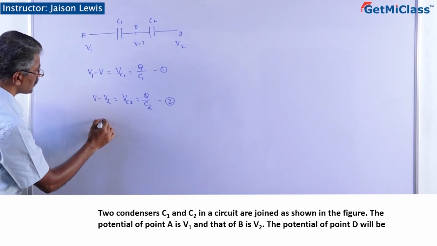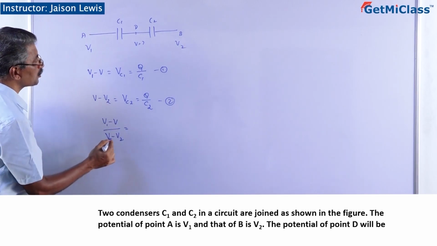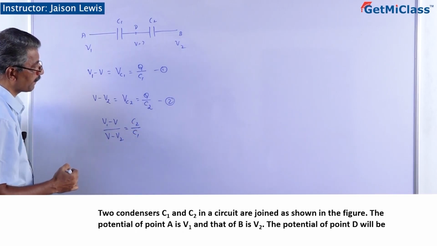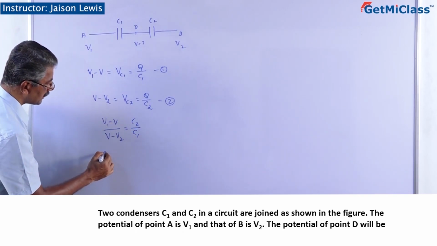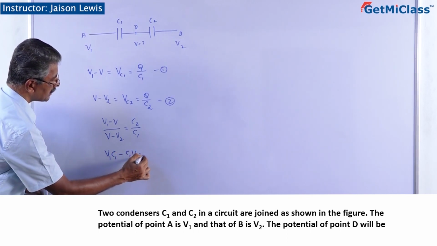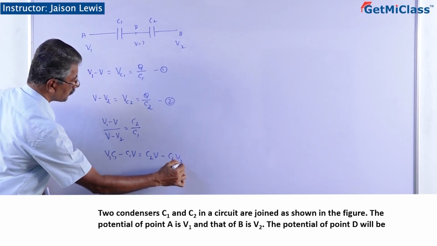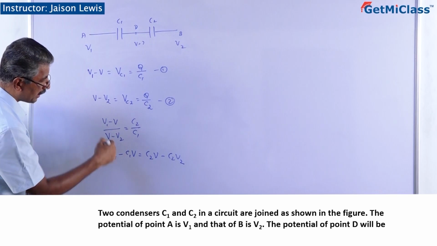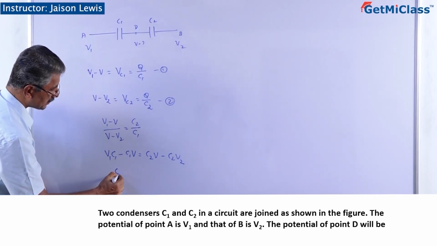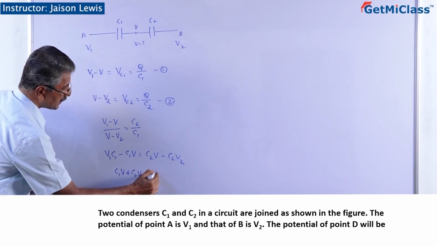We'll divide these equations. V1 minus V divided by V minus V2 is equal to, since the charge is the same, C2 divided by C1. Cross multiplication: C1 into V1 minus C1 into V is equal to C2 into V minus C2 into V2. So, rewriting, we'll take V terms to the same side. It is C1V plus C2V is equal to